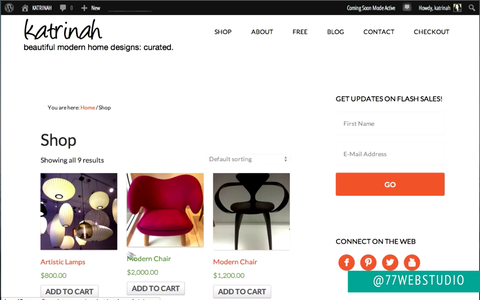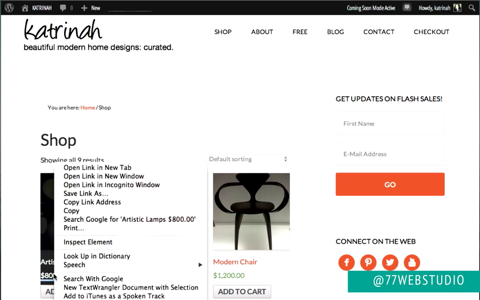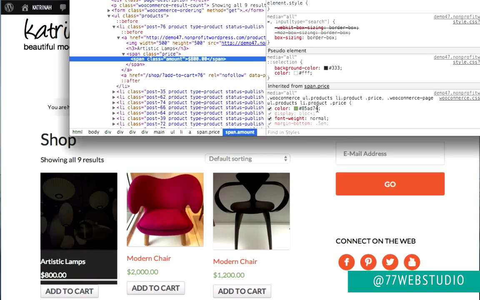So first step is we need to open up Inspect Elements to find out this particular color code. So I'm just going to hold down the Control key on my Mac and click on the mouse. Then I'm going to open Inspect Elements by clicking on Inspect Element. Here we see on the right hand side, we can see that the price color is this green. So I'm just going to click on this, and then I'm going to change it from green to orange. And then I'm going to highlight all of this and copy it.